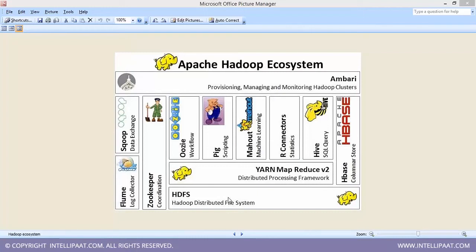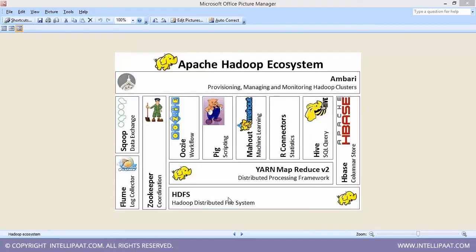Flume is also a tool for collecting streaming data and unstructured data into our system, and we can fetch that data very easily into our system, and then we can process the data. So the one thing is clear: whenever I need to work on Hadoop, I need to fetch all that data into HDFS. If I don't bring the data into HDFS, I will not be able to process the data.